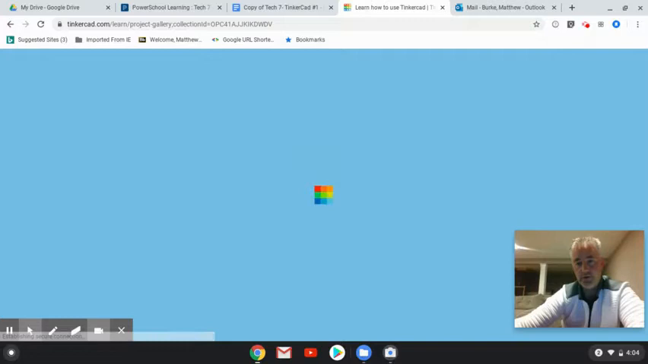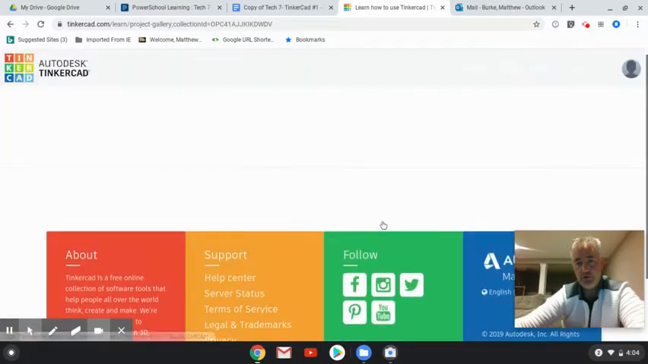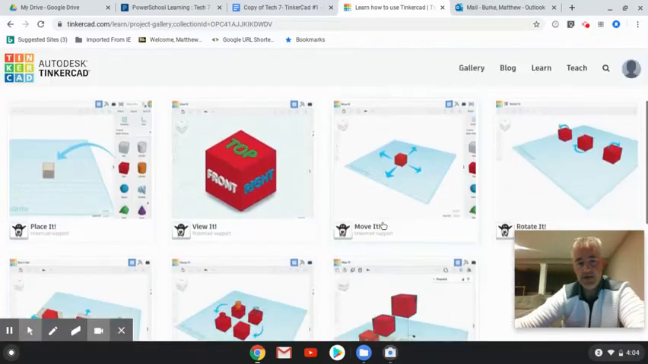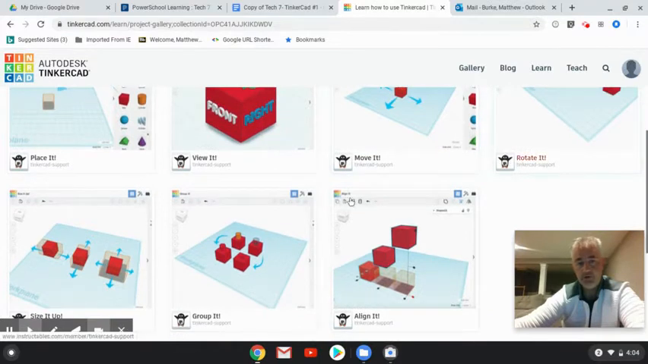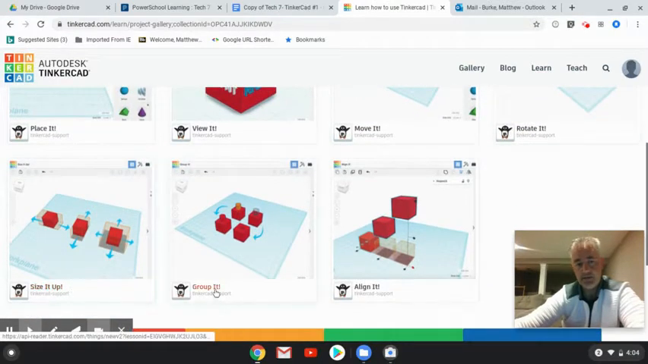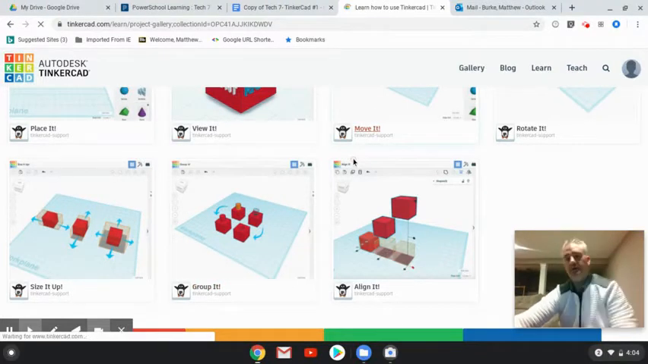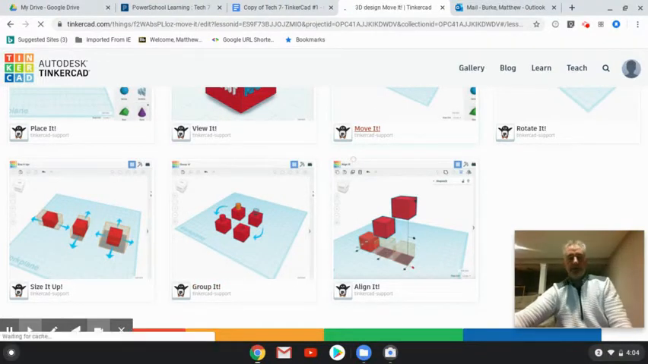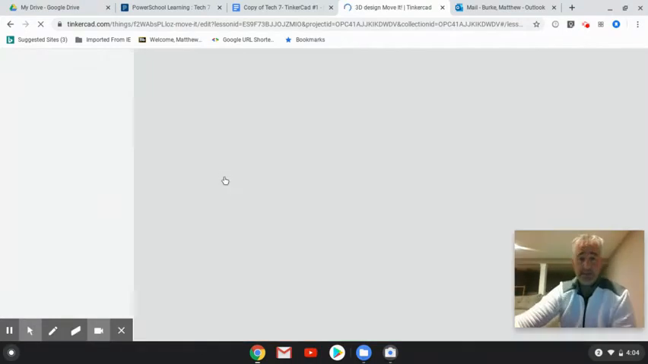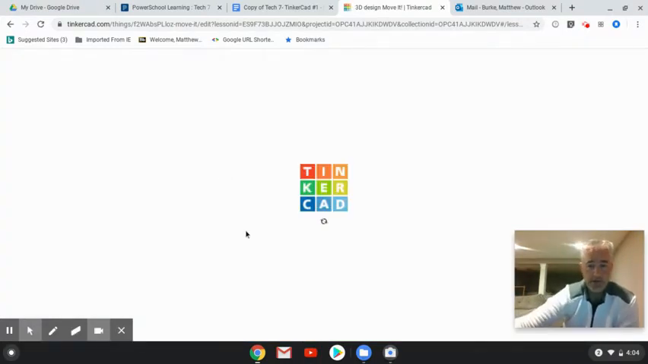these are the four that I want you to do: the Move, the Rotate, the Scale. So move it, rotate it, size it up, and group it. Those four. When you click on the lesson, you're going to complete the lesson, and then you'll take a screenshot of the completed lesson and paste it into